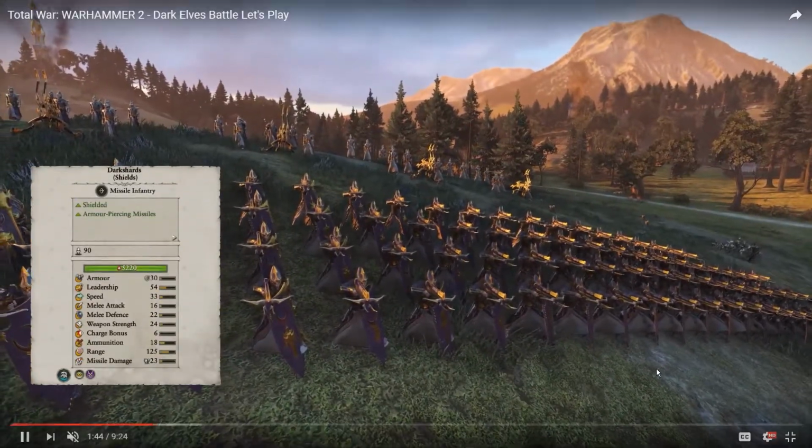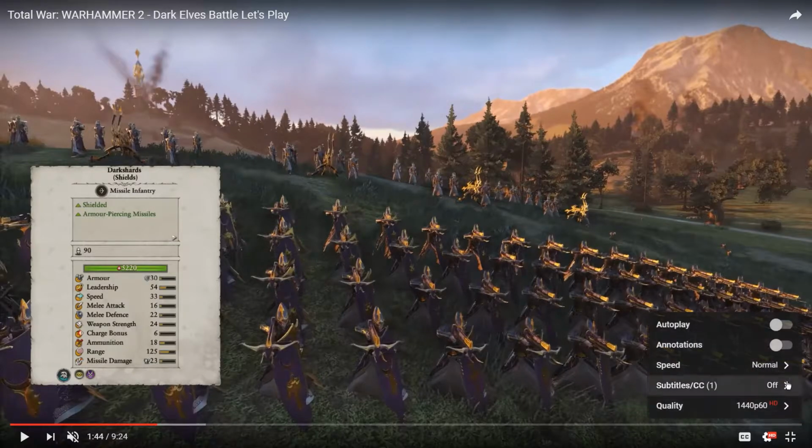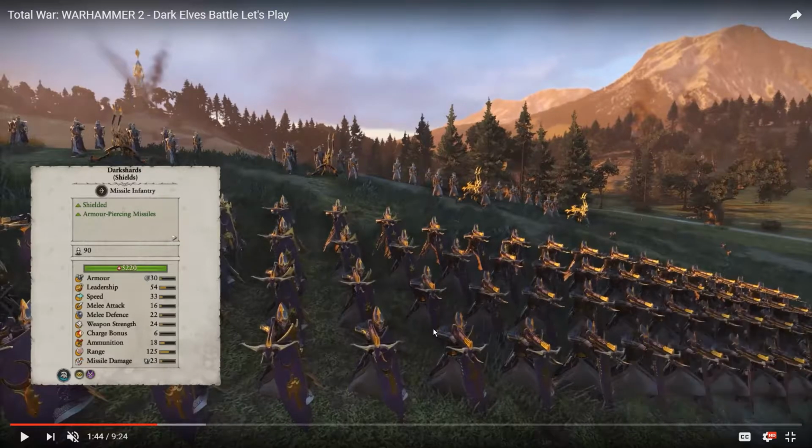Moving on to the Dark Shards. Now, this is a unit I'm so excited for. Not only do they look really good, let me just make sure. Holy shit, 1440, but still doesn't look the best right here, but whatever. So, the Dark Shards, I'm very excited for them, because not only do they also have missile damage that's armor